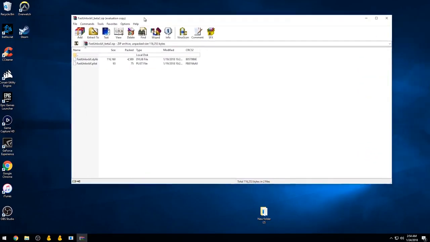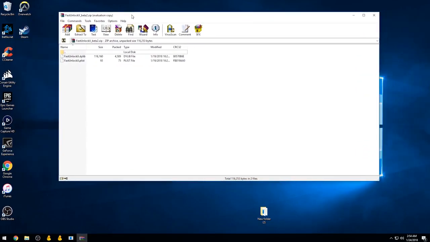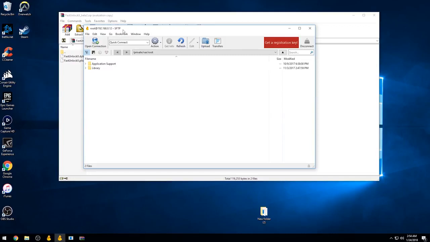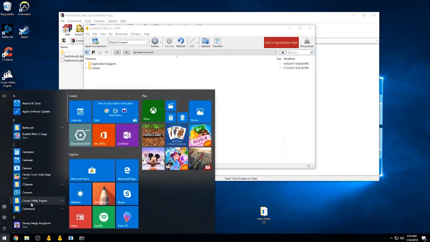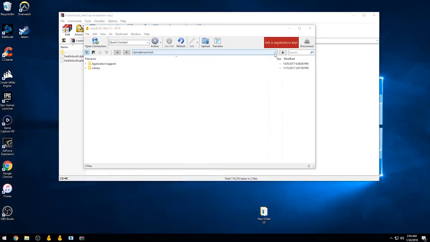Now there are two ways of installing tweaks on an iDevice. You may get a .deb file, or you may get two files like this. Now in my case, I got the two files like this. So in order to install those, what you want to do is go down to your SSH or your, what is it, CyberDuck, and go ahead and go all the way up